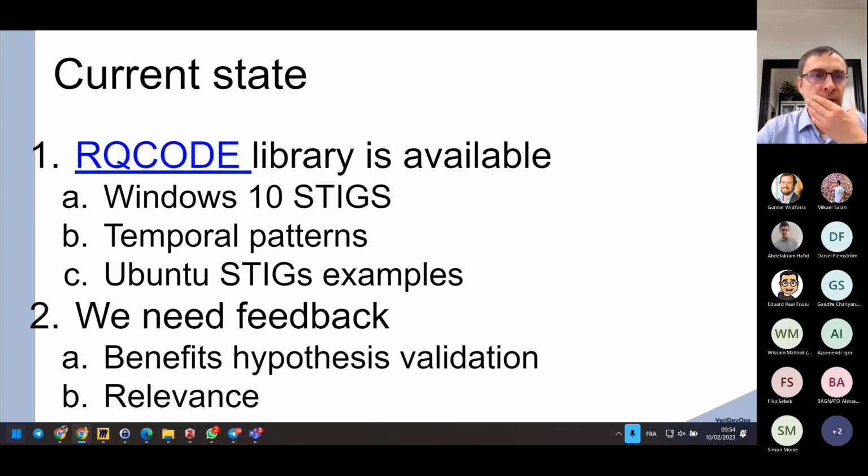Right. So to say, we have prepared a specific library or framework that we call RQCODE. It is available on GitHub, and if you can distribute the slides, there will be a link to the RQCODE framework. Inside we have prepared concepts and examples. We also implemented some temporal patterns so that we can express temporal properties through our framework. And we also prepared a set of examples for Ubuntu Linux and Windows, implementing recommendations that are provided by a